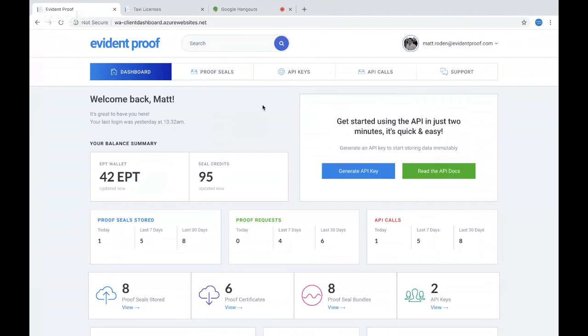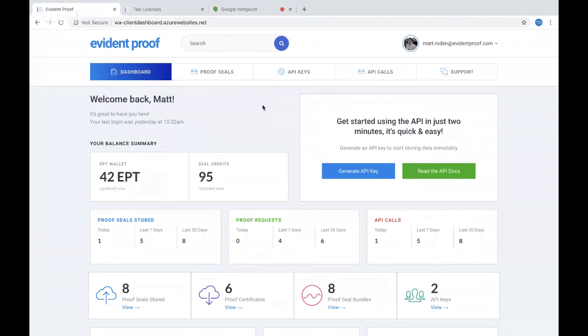If you're an organization or an individual and you have data that you need to store immutably to prove the integrity of that data and the immutability of that data further down the line, so you need to show that it's not been tampered with, not been hacked, not been changed, you can use the Evident Proof service to submit that data to us and have us use blockchain technology to store distributed immutable proof of that data in the form of a proof seal, which doesn't reveal your source data to anyone, but does put a hash of that data on a distributed blockchain network,